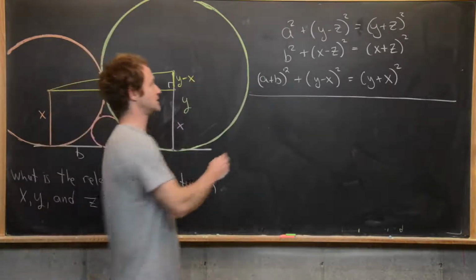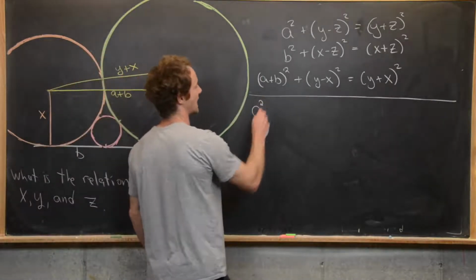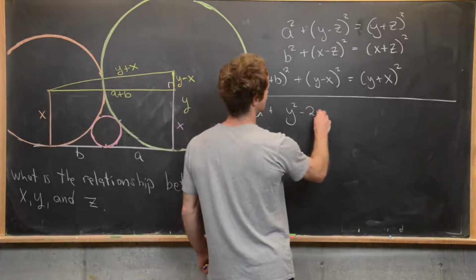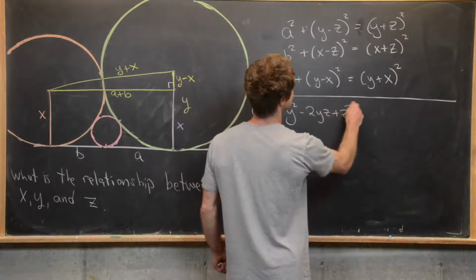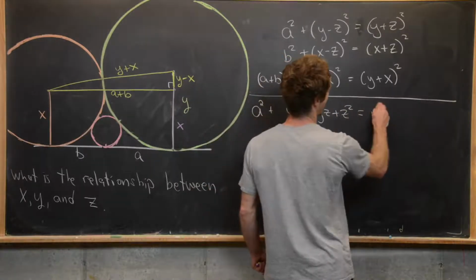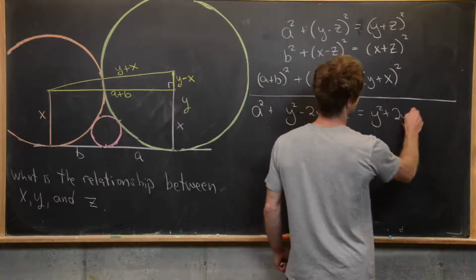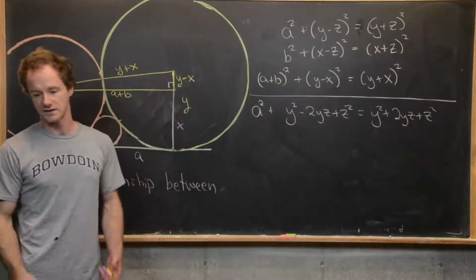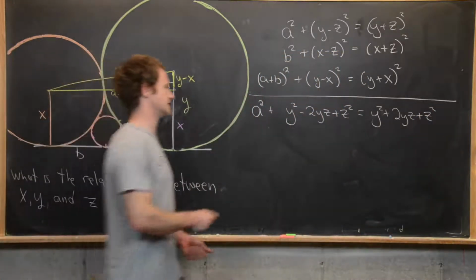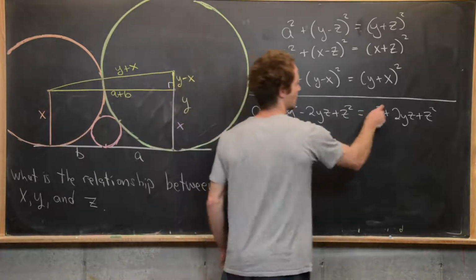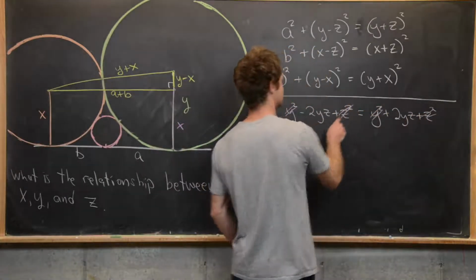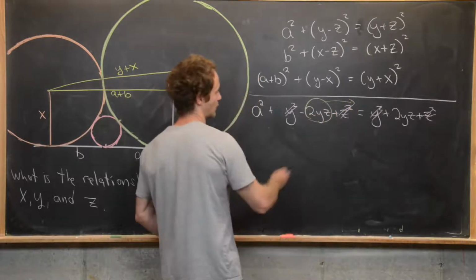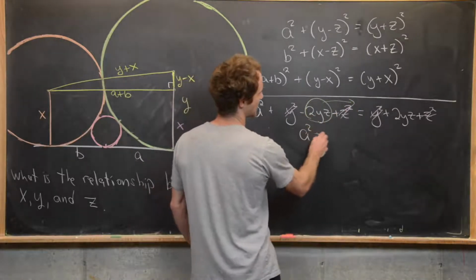So notice if I multiply out the first equation, I'll get a squared plus, so next I'll have y squared minus 2yz plus z squared, and then on the other side I'll have y squared plus 2yz plus z squared. Nice. So next thing that I can do is cancel out the y squared and the z squared on both sides, and then move this guy over, and we're going to be left with a squared equals